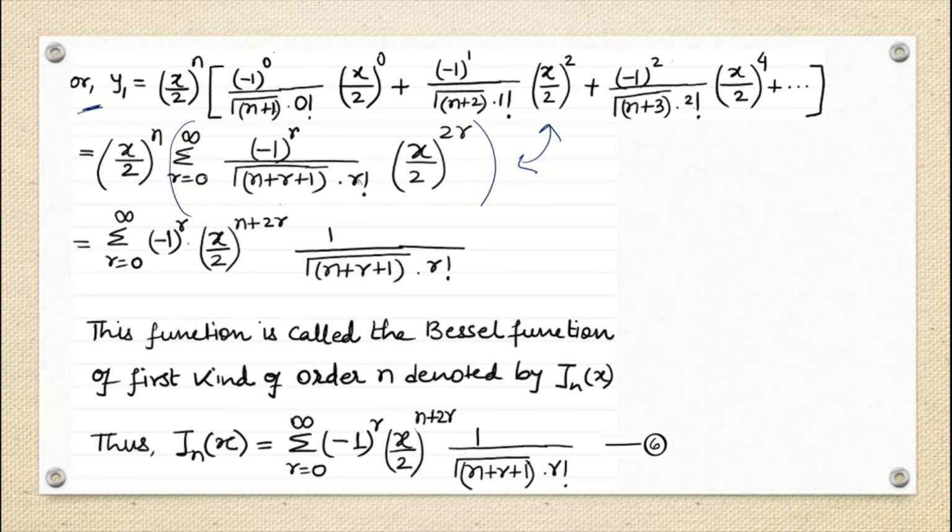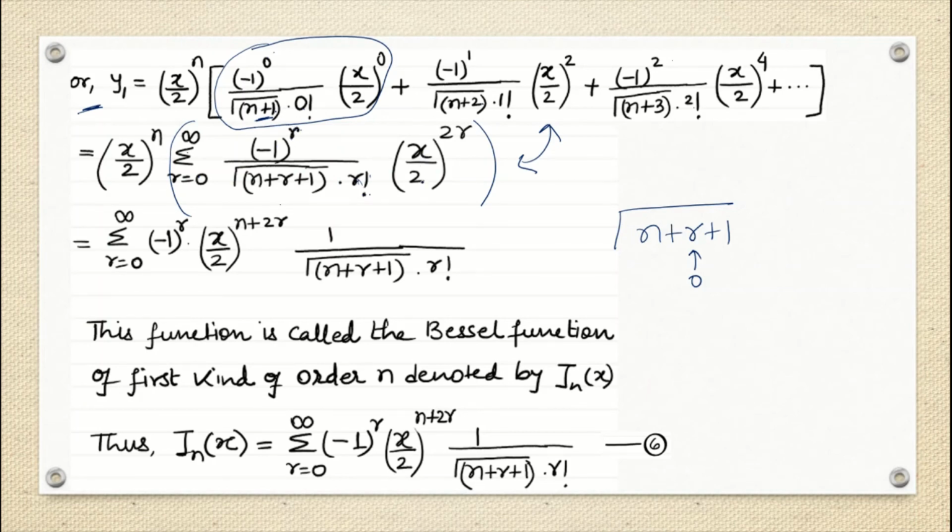So if I say that my first term is r equals 0, if in my first term I put r equals 0, what should I write here to make it generalized? If I write n plus r plus 1, because r is 0 I'm putting. Why am I putting r as 0? Because the summation starts with 0 till infinity. So the first term will contain 0 wherever there is r. So I'm writing n plus r plus 1. If r is 0, it will be nothing but n plus 1 only, right? This is factorial 0. This is minus 1 to the power 0 for your first term.